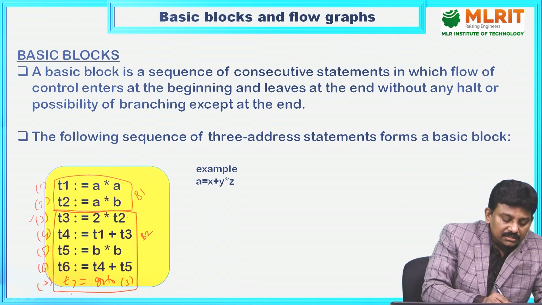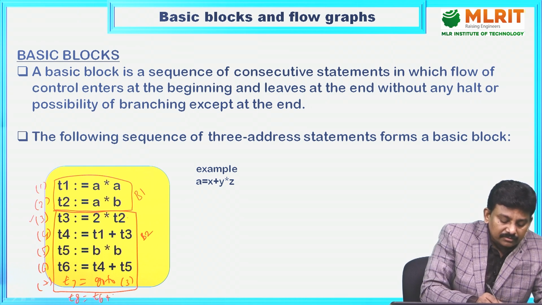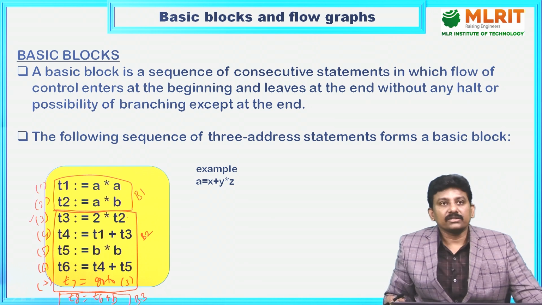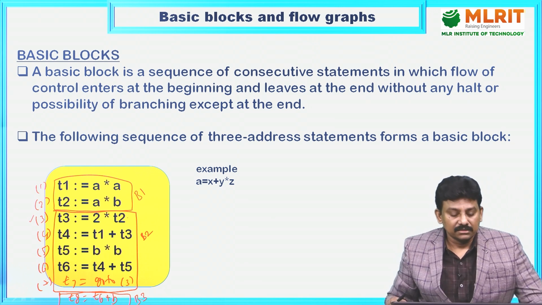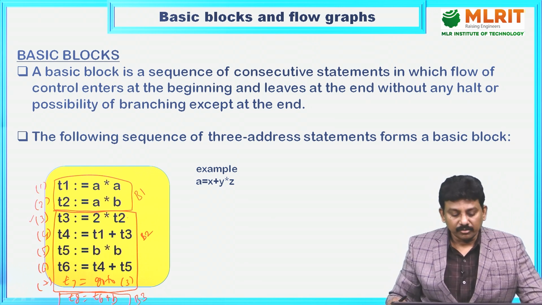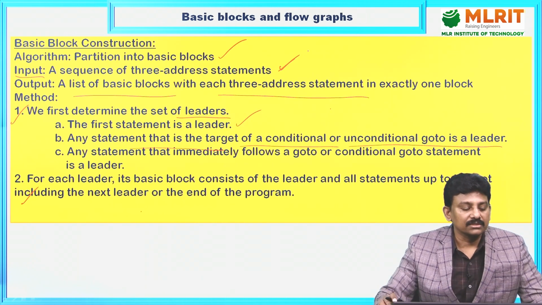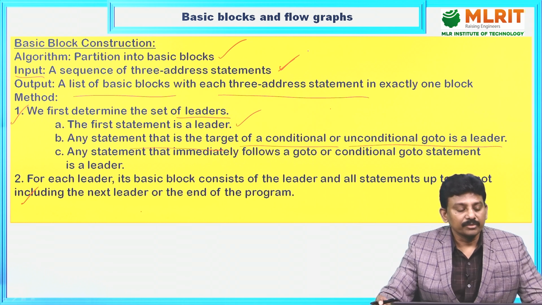Suppose there is another statement T8 is equal to T6 plus B. This is a leader, belongs to another basic block B3. Like that we can divide the 3 address statements into basic blocks. So the input for this algorithm is a sequence of 3 address statements, output is a list of basic blocks. To partition the 3 address statements into basic blocks, we need to